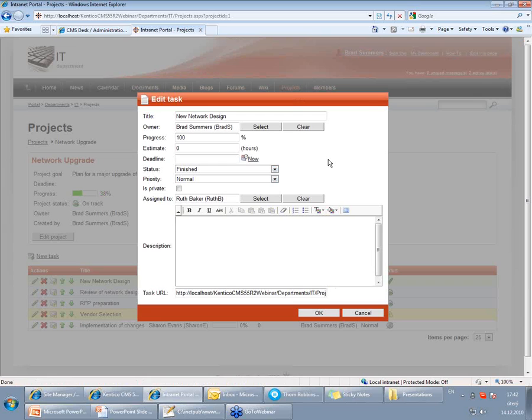If you look at the task properties, those basic fields are the estimate, which basically tells you how difficult the task is, by which time it should be done, what is the current status, what is the priority, so people see in which order they should implement the tasks. You can basically mark the tasks as private. Of course, you need some assignee for the task, and you can basically share your knowledge,